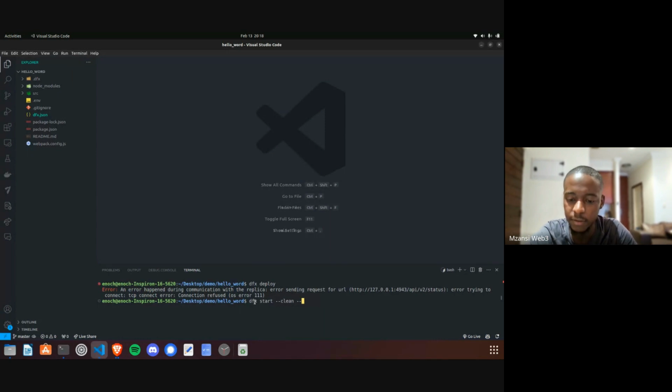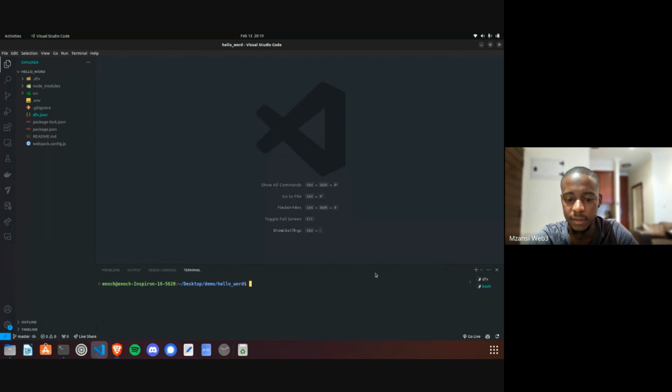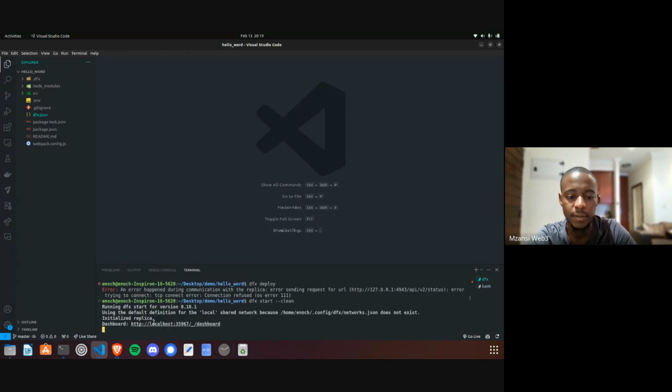So there are two ways actually. You can run it and let it run as it is, like this with dfx start clean, and then your dfx will start running. But if you want to do something else, you will have to create a new terminal. But that's unnecessary extra work. What you can just do is